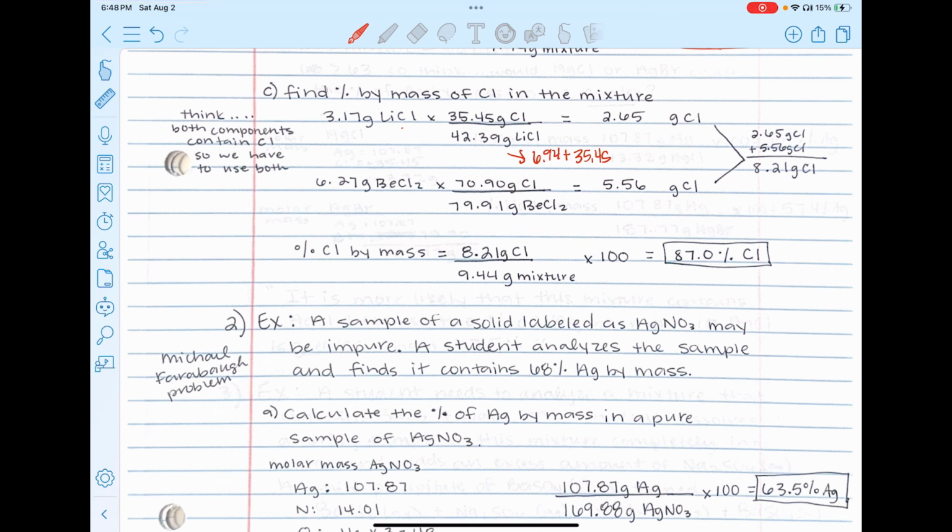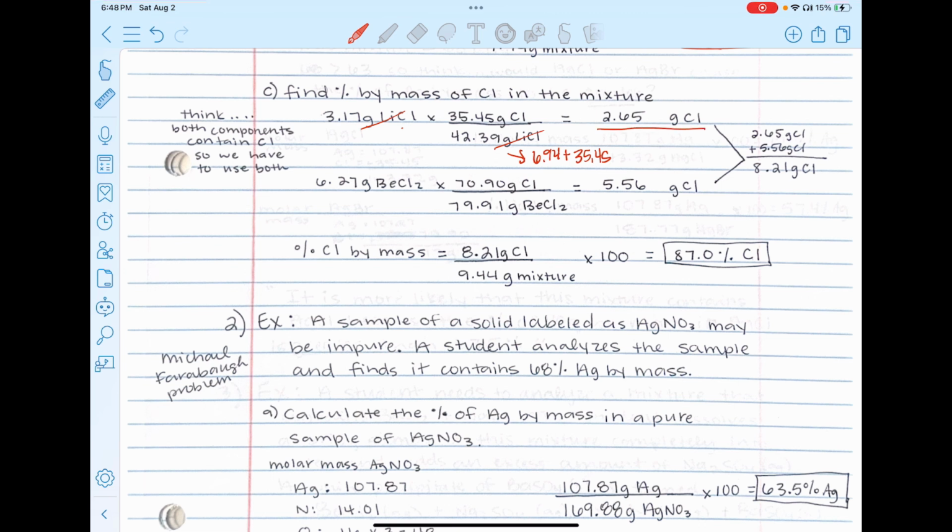And then on top, we're using the mass of chlorine. There's only 1 chlorine in a lithium chloride compound, so we put the 35.45 on top. That helps us convert from grams of lithium chloride to grams of simply chlorine. When we do that calculation, multiply by 35.45 and then divide by 42.39, our final answer should be 2.65